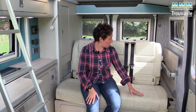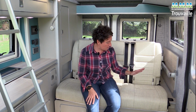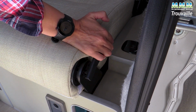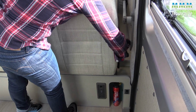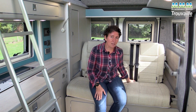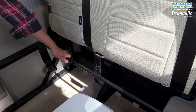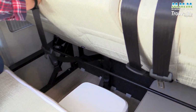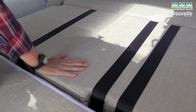It's a really easy system to set up. So the bench is in three sections. The first section, the seat section, there's actually just a lever down the side here, and all we're going to do is pull on the lever. This section flips over forwards, and then you release the lever, and that then sits flat. Underneath here there's a bar, and we just pull the bar up, and that will release this second section. This then folds forwards, and all of the seat belts neatly tuck underneath,